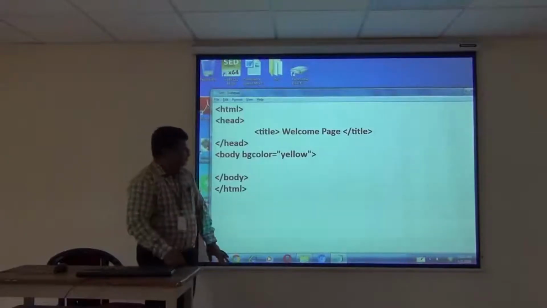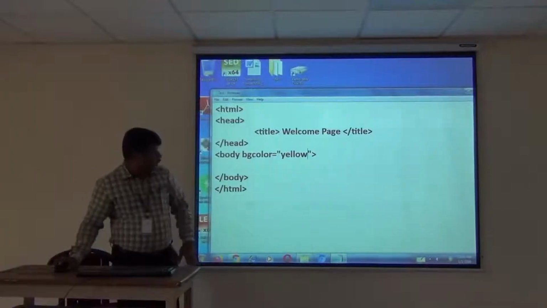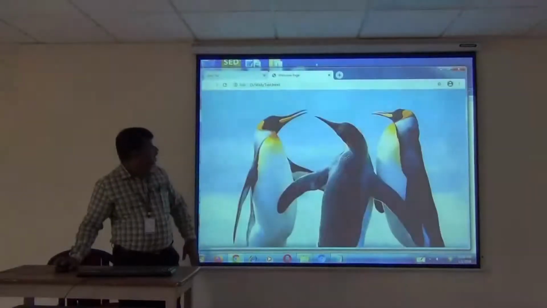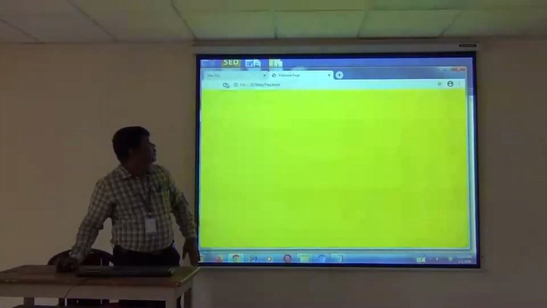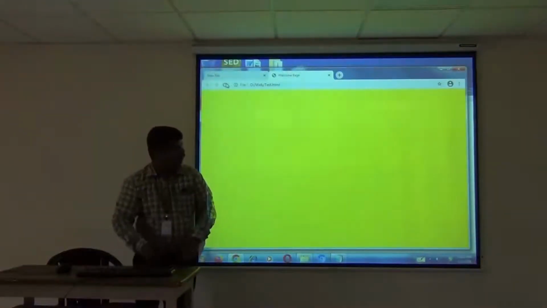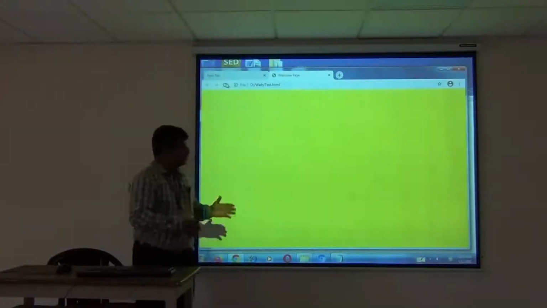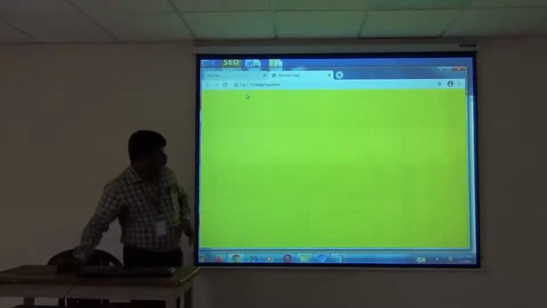I have to save my program and refresh the web page. Once we refresh, the existing background image disappears and the new background color appears. So this is the general HTML structure.